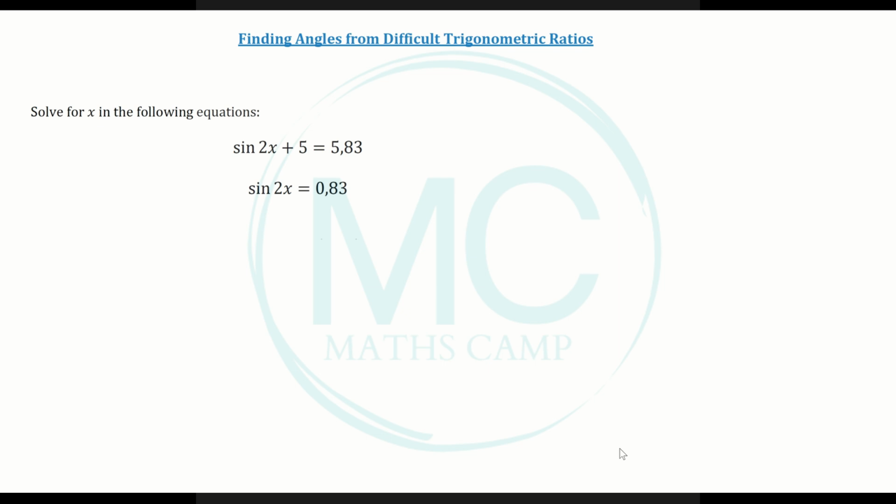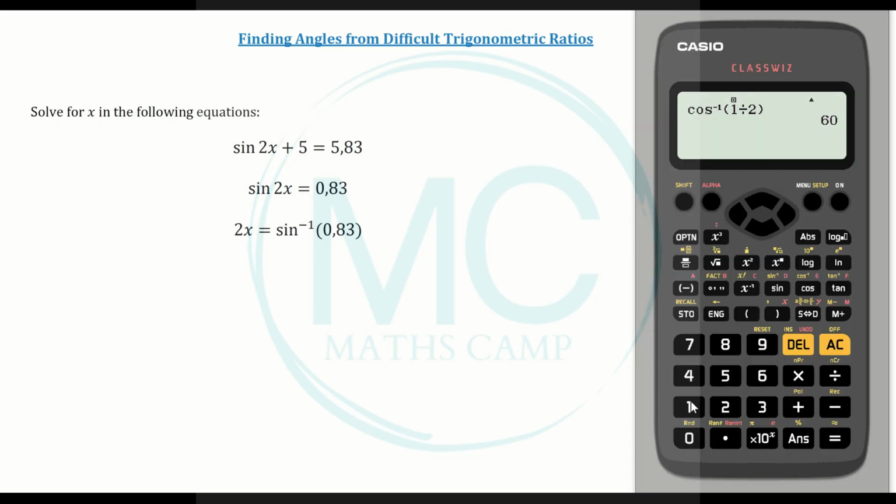Now our trigonometric ratio is by itself, which means now we can get x by itself. So let's move sine to the right-hand side, and we're going to have 2x is equal to sine to the negative 1 multiplied by 0,83. Let's get our calculator out. We say shift sine multiplied by 0,83, close the bracket, is equal to